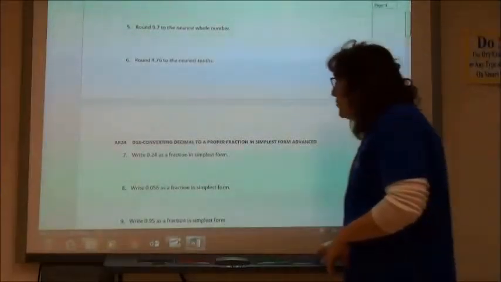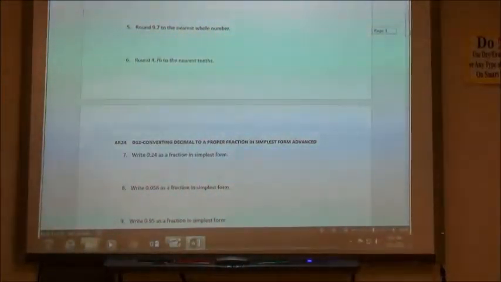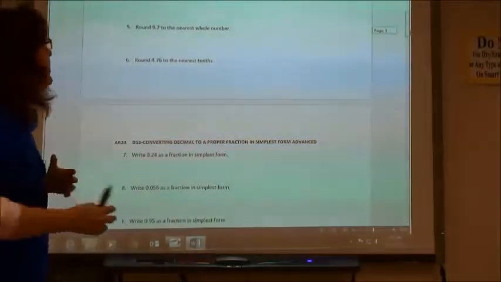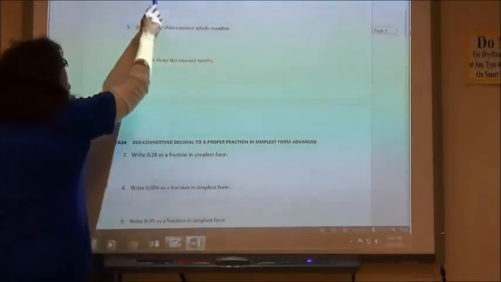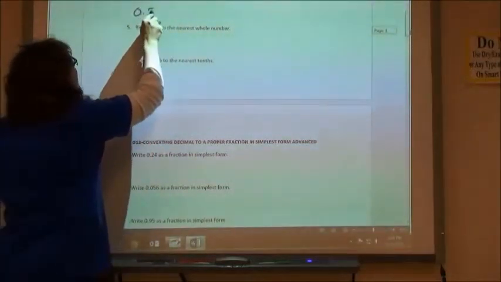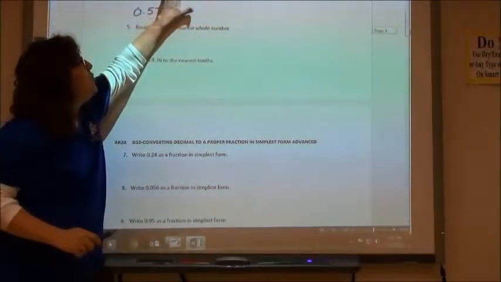Next ones we're going to round decimals. Round to the nearest hundredth. First thing I'm going to do is pick the value in that place. So the 7 is in the hundredth spot. So I'm either going to have 0.57, leaving the number in the hundredth spot and just ignoring that one behind it,